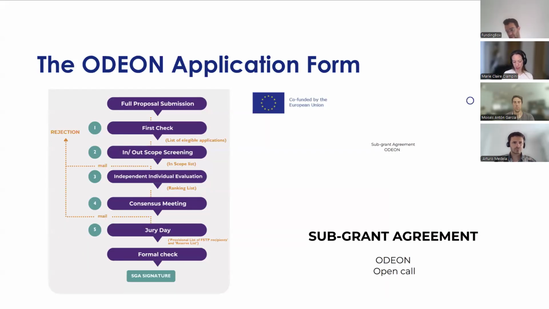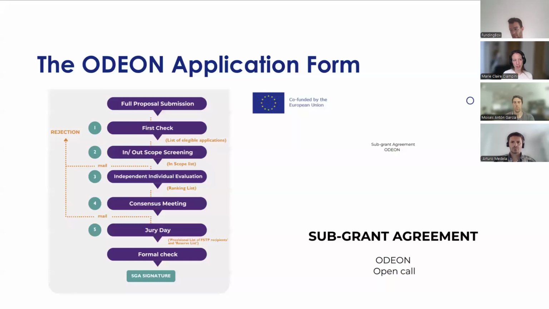to the jury day. And at the jury day, these projects that have been selected to participate will need to pitch their project to a set of jurors. So this is an opportunity once again for these projects to really present their project and have questions addressed to them, so that any doubts that the jurors may have had prior will be addressed. And then there will be a final selection of 20 projects that will be invited to the final stage, which is called the formal check.